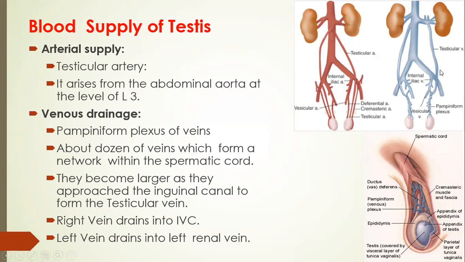And if you see the varicocele, it is more common on the left side. Why? Because this testicular vein drains at right angles, so it has to go against gravity and drain into the left renal vein at a right angle. But on the right side, it drains obliquely into the inferior vena cava, so it can drain much more easily than this one. That's why there are more varicose veins on the left side of the scrotum. That is called varicocele, more common on the left side than the right side.